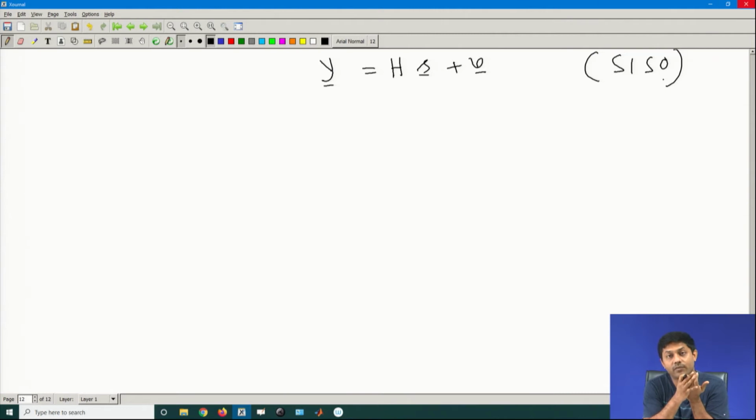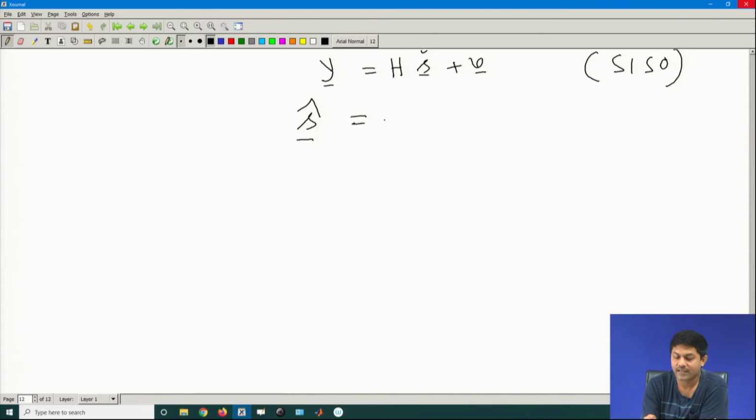It's as if it is a MIMO. No, it is not a MIMO, just because you are observing at different instances of time. In a MIMO, you are observing at different antenna points. That means your observation is spatially distributed, but here it is time-wise distributed. I am observing at different times, but in a MIMO case I am observing in multiple antennas, space-wise observation. It is still a SISO. Now, how do I get back my S? You know how to get back my S.